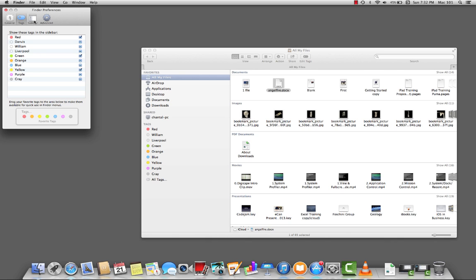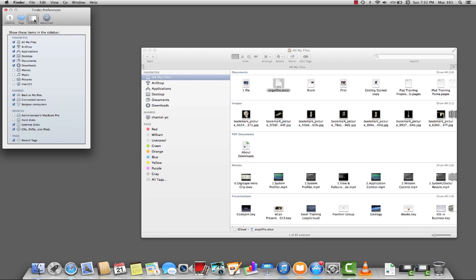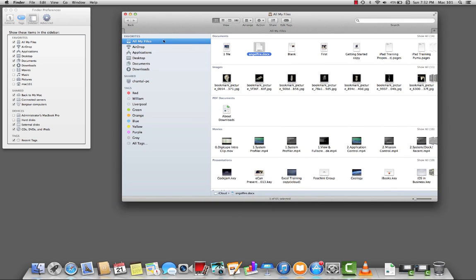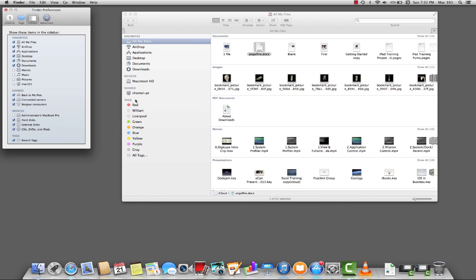The next item we definitely want to add in is to do with the sidebar. The sidebar refers to the sidebar of the Finder window, and here we can add additional tools into the sidebar of our Finder window. The two options that I would like to add will be my hard disks, and here we can see our Macintosh HD will make its appearance, as well as maybe my user folder that will also make its appearance